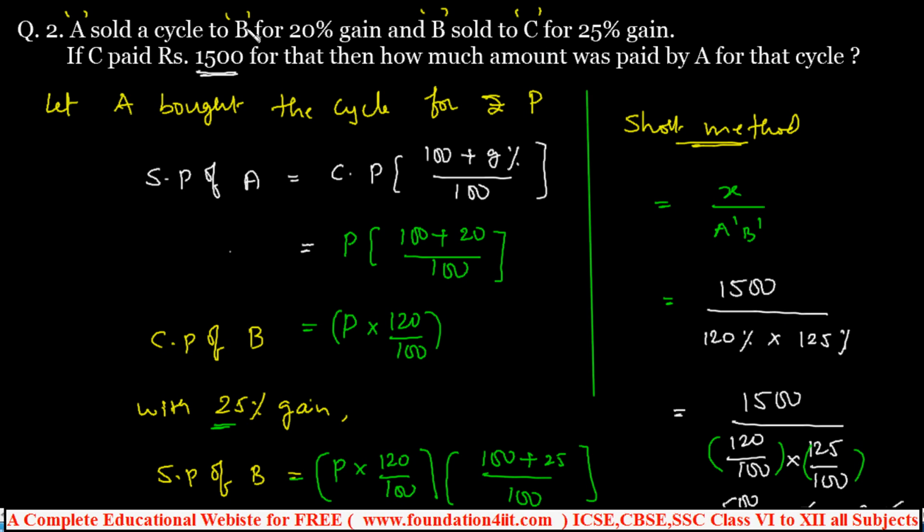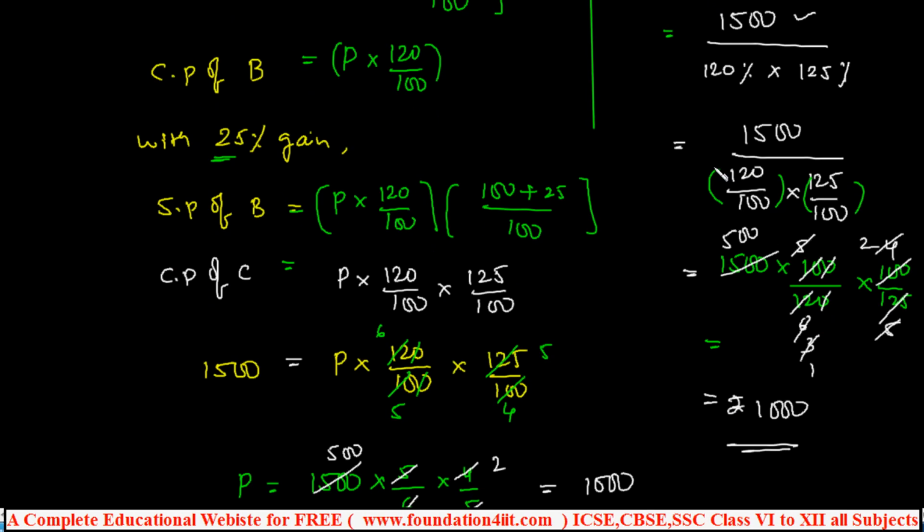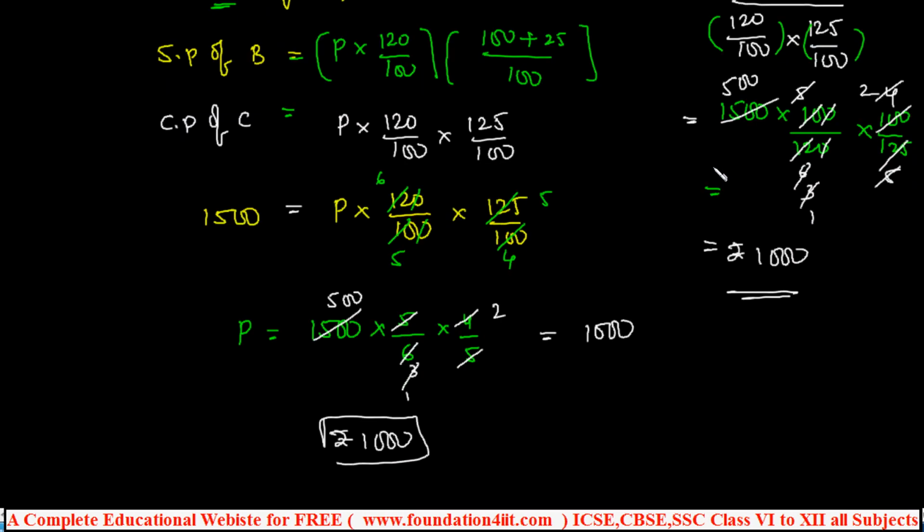For example, A sold to B with 20% loss. So instead of 120%, 100 minus 20, 80% will be written here. X is nothing but finally who is not there in this list, who purchased this. This is the short method trick you can follow. However you do it, you'll get the same answer, the short method and the normal procedure both give the same. But because of competitive exams, you have to go for the short trick. Let us see a few more problems in this.